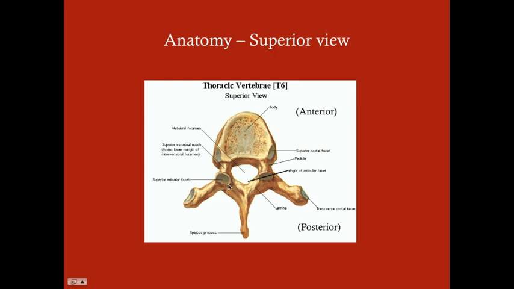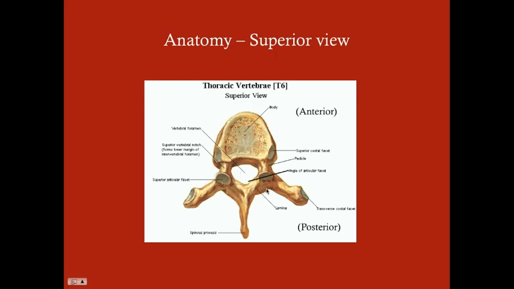And it's the articular facets that also form a joint with the vertebrae above it and below it. And this is actually a true joint. So this is a synovial joint. The superior articular facet will form a joint, a synovial joint, with the inferior articular facet of the vertebra above it. And this together is known as a facet joint. So you have 2 facet joints on each vertebra, on each side, 2 on the superior side and 2 on the inferior side. So the facet joint is just the superior articular facet forming a joint with the inferior articular